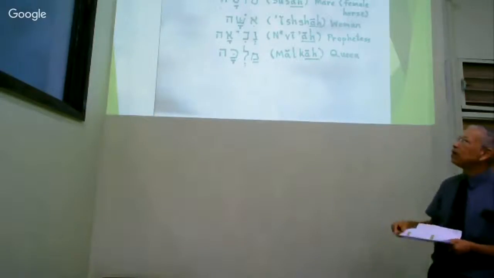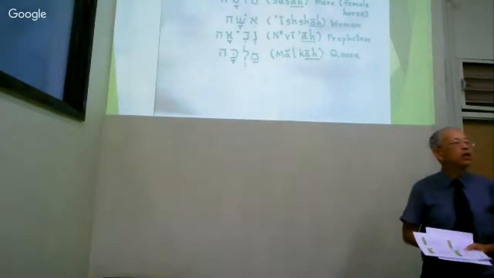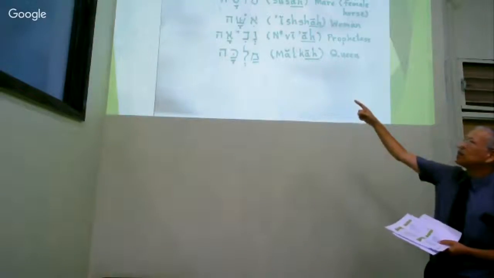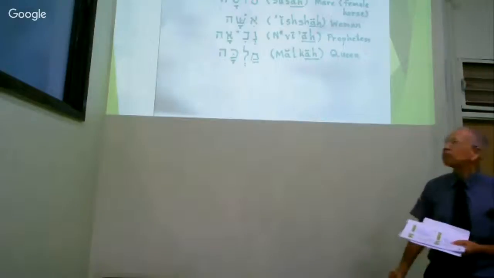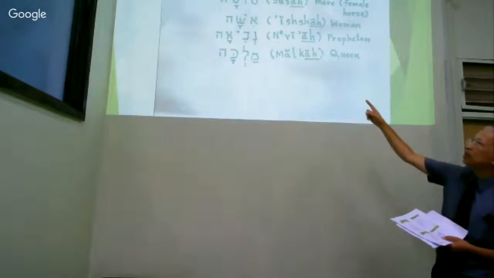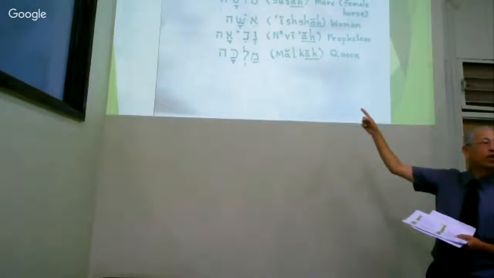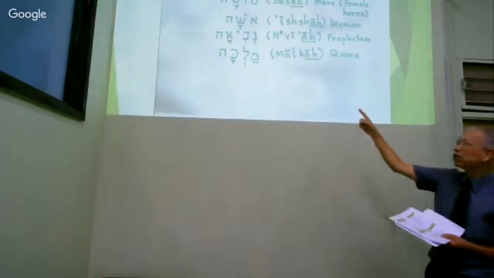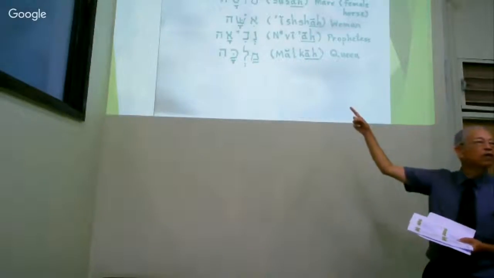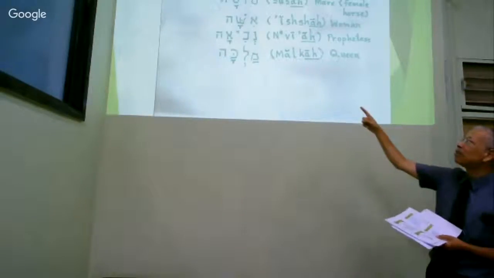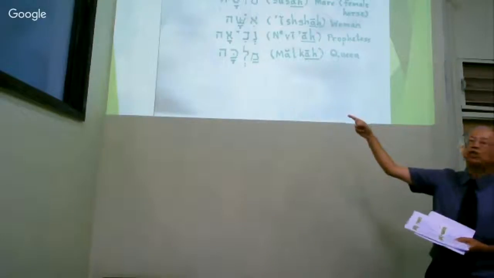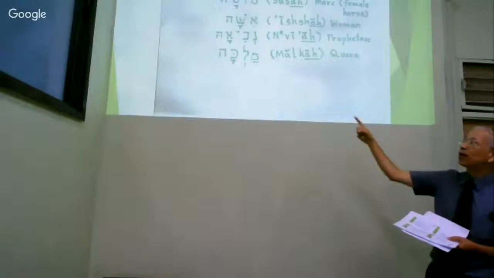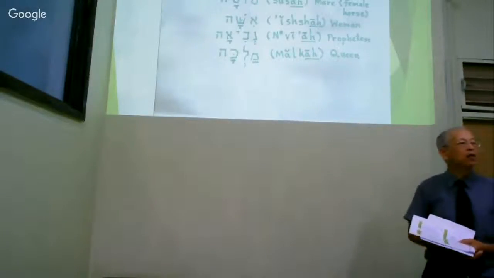Now, Navi is the masculine singular of prophet. But when you add kames he at the end of Navi, this is what you get. There is some change in the first syllable. Instead of the kames in the first syllable, it becomes a vocal schwa, ne. The V remains the same, the aleph remains the same, but what you add is kames he, and it produces